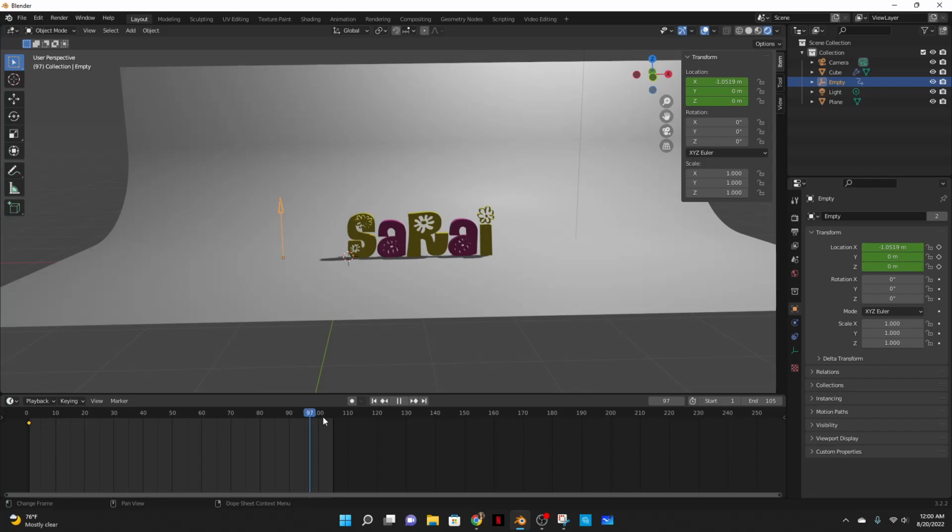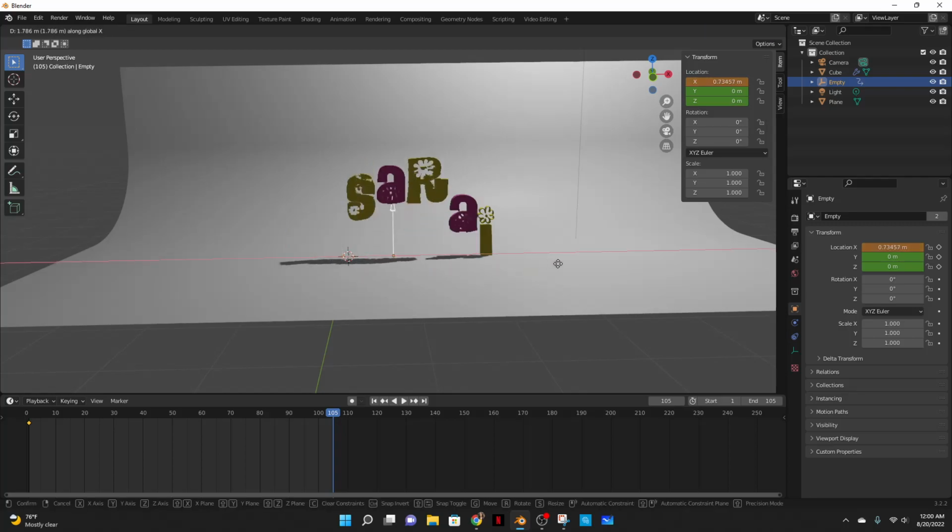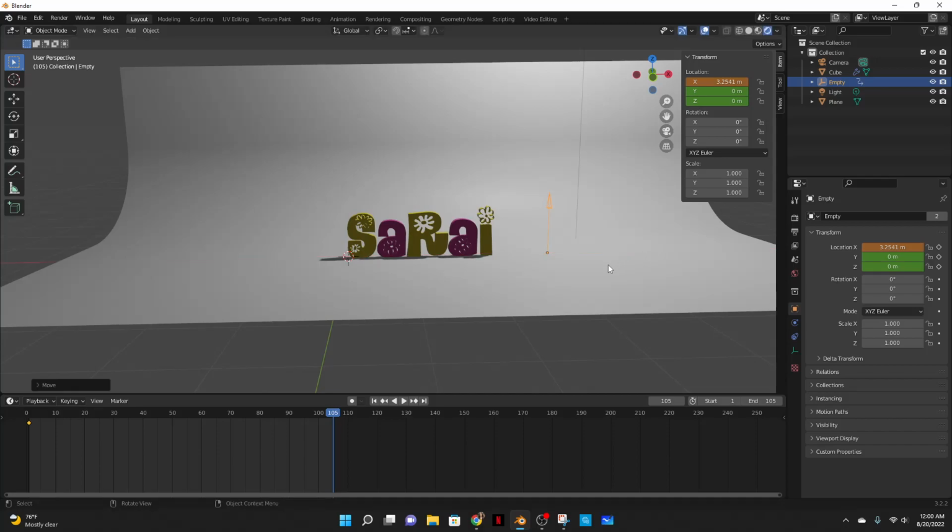And by the end of the video, which is like 105, I want my controller to be at the end of the letters. So I'll do G X to move it along the X axis right after it stops affecting the letter I. For me, that's 3.2541 meters. I'm going to hover over that location and press I to insert that keyframe on the timeline. And now as I play it, it automatically does that for me,